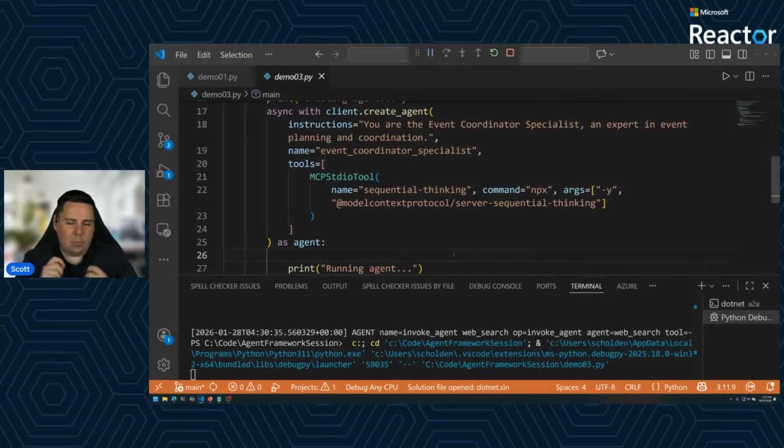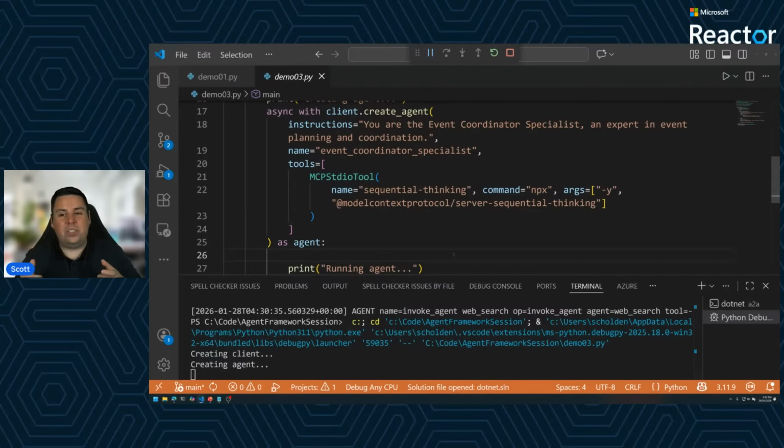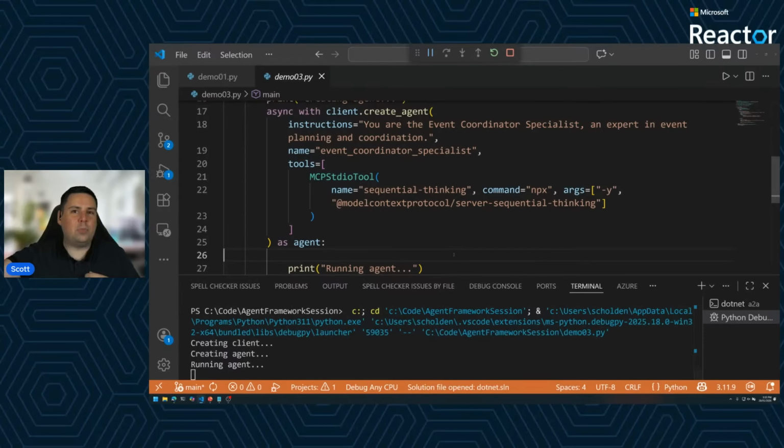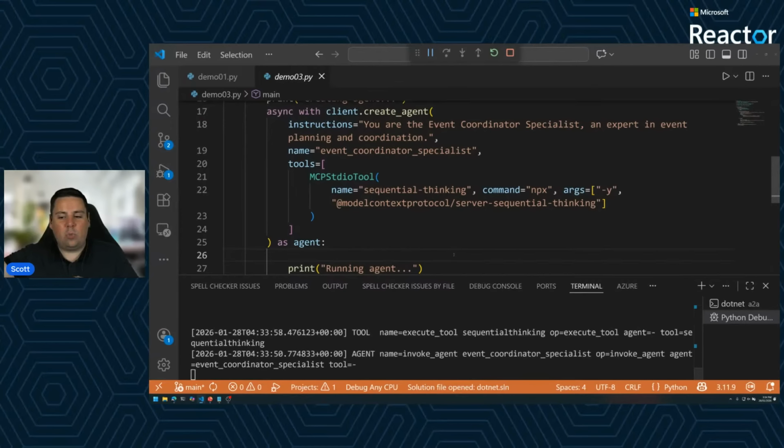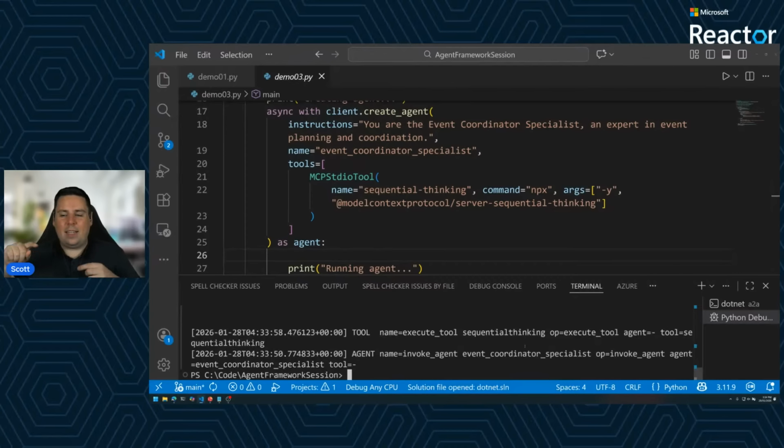Now, the important thing here is because that coordination is happening locally on my machine, it means that we're not just going to see a call off to the agent and then a response come back, but rather we're actually going to see a conversation and coordination between where this code is running and the agent itself. So the agent in AI Foundry will run, and then it will come back and say, hey, you need to call this MCP. In this case, we can see here it's doing its execute tool sequential thinking. That MCP then executes, returns a result that then goes back to the agent itself.